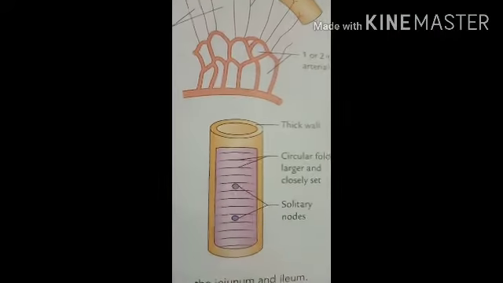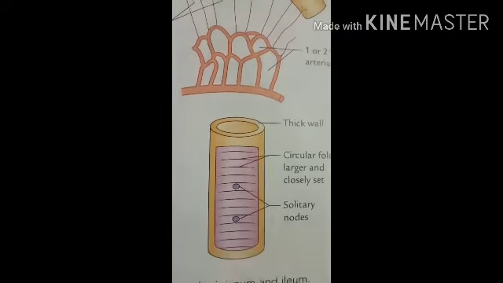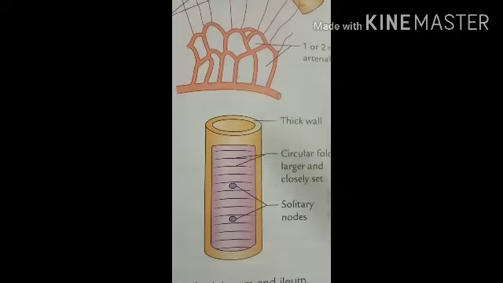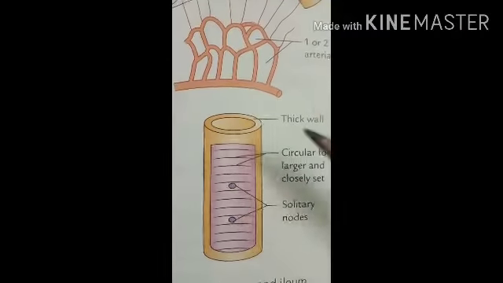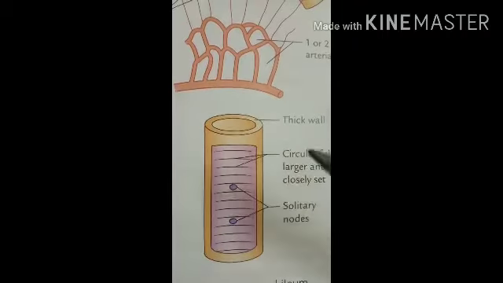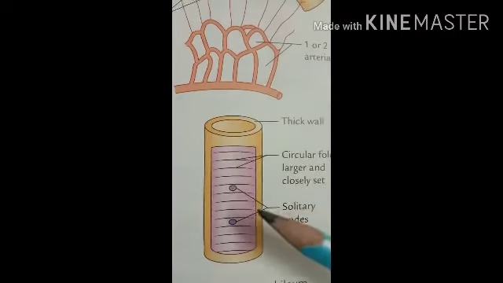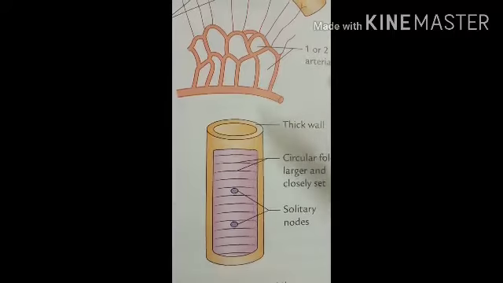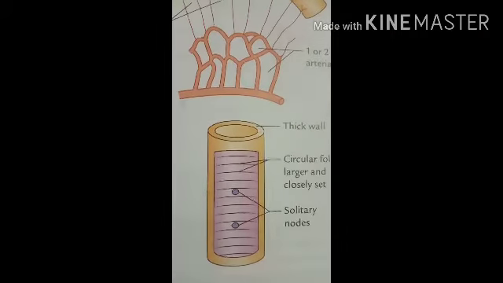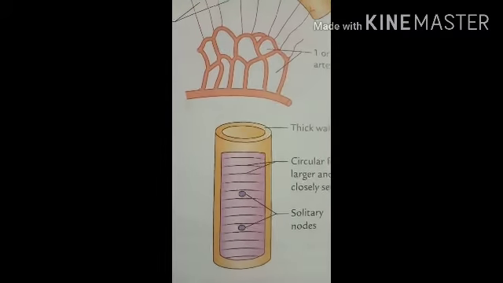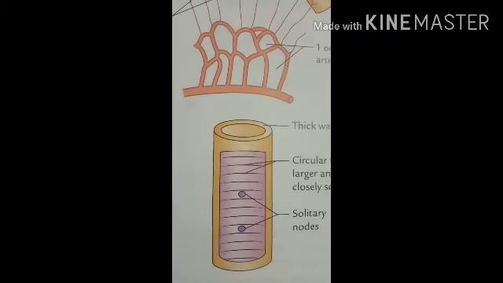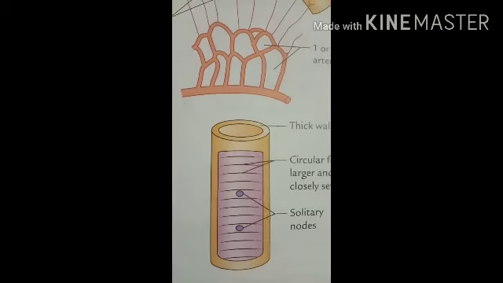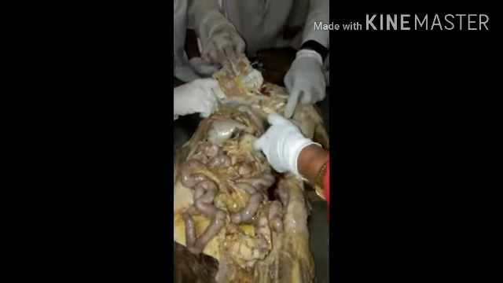Okay, then the histology of the small intestine and the large intestine is nearly the same as the duodenum, meaning it is made of 4 layers: the inner mucosal layer, the second submucosal layer, the third muscular layer, and the outermost serous layer. Okay, so these are the layers present in the small intestine, the large intestine, and the ileum and the jejunum.